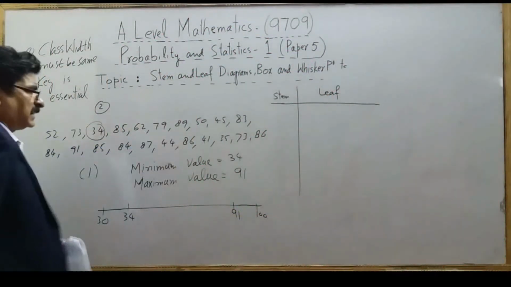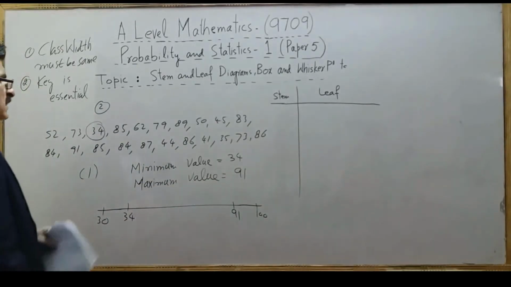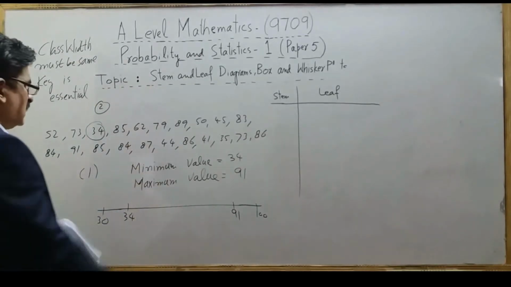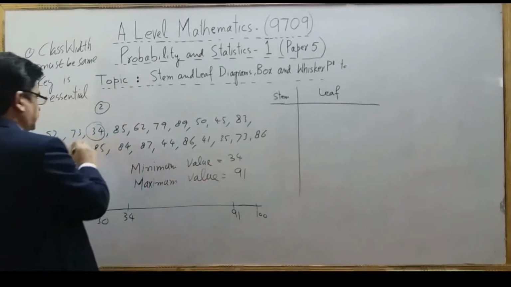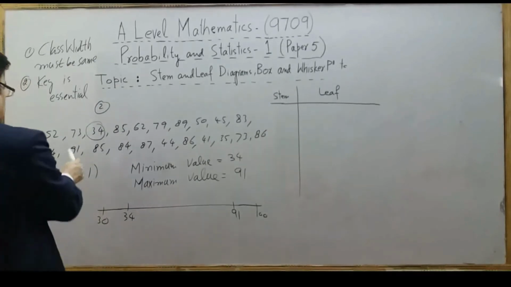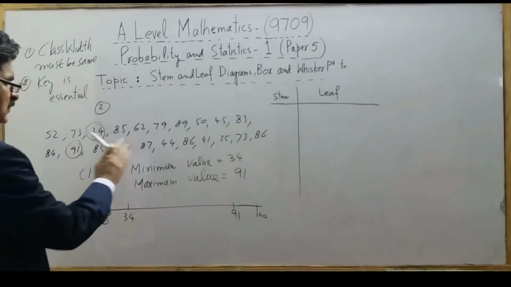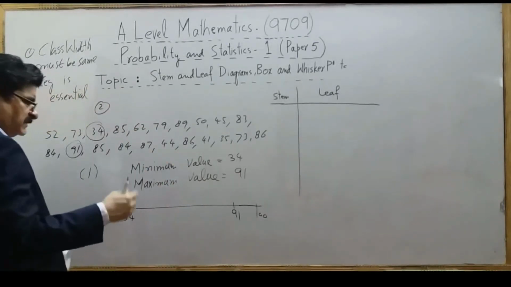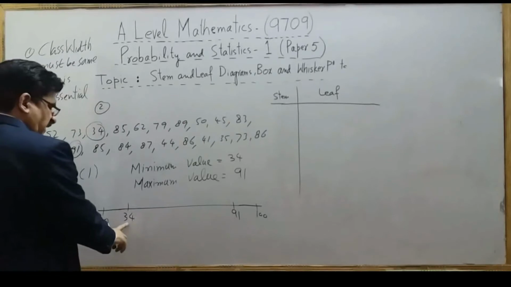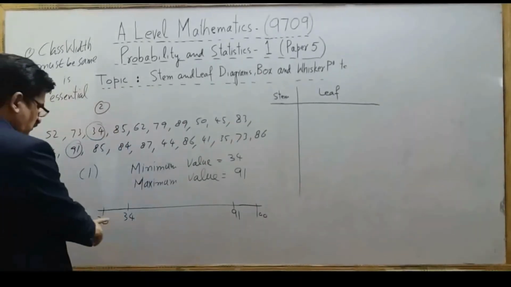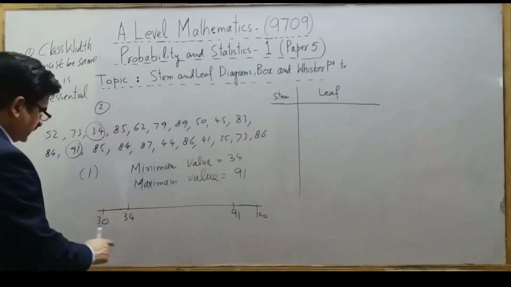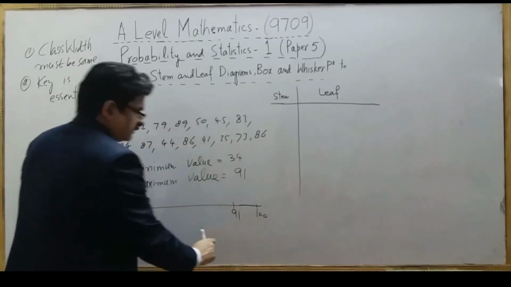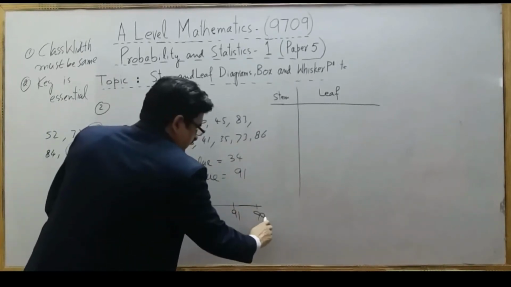We are given again raw statistical data in an unordered form, not arranged. We have to construct a stem and leaf diagram. Find the minimum value. The minimum value is 34 and the maximum value is 91. Be careful about this, don't make a mistake. Now, to get an idea of the number of classes and width, we have to start from 34 and go to 91. So we will start at a suitable, convenient value, which is 30 before this, and after 91 we have 100, but we will move to 99.